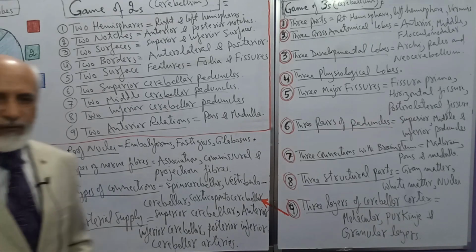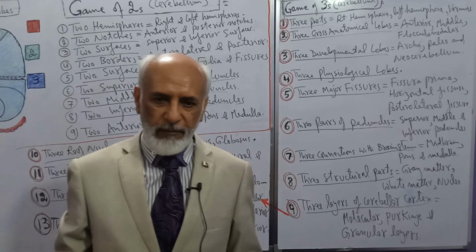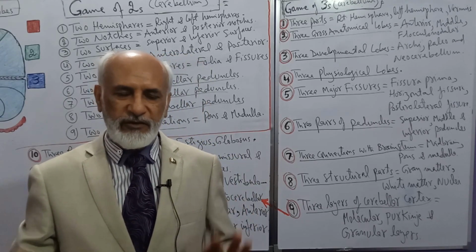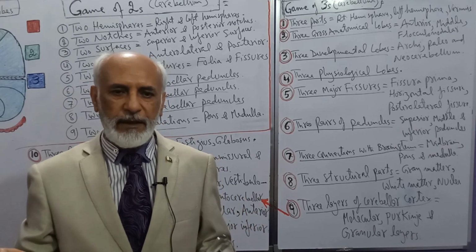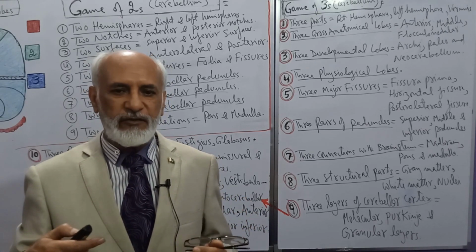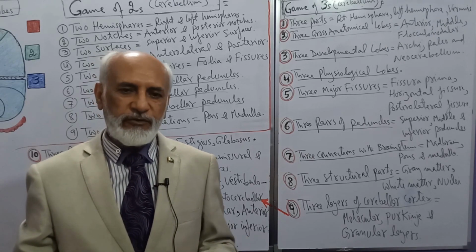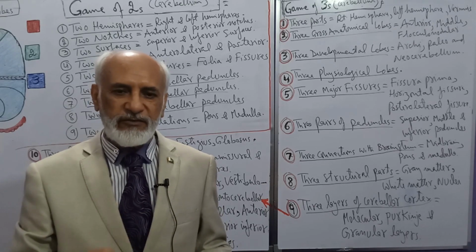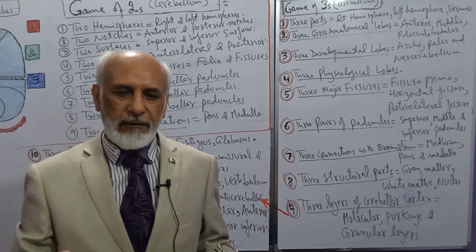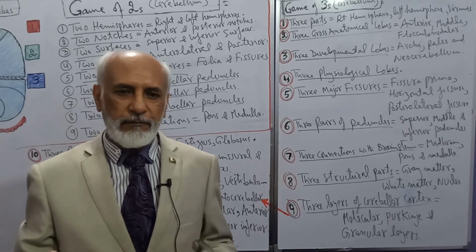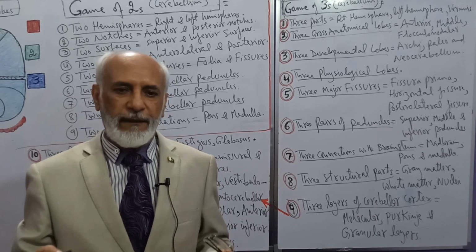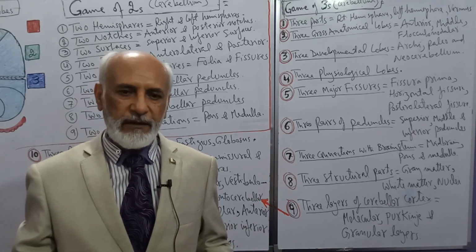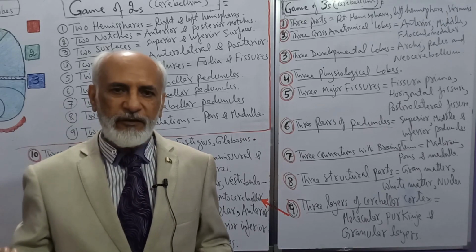So with this we finished with the external features of the cerebellum. That is, we finished with the brain. We discussed the external features of the forebrain, midbrain, and hindbrain. Next is the spinal cord. But before starting with the spinal cord, in the next lecture I will try to show all these external features of the brain with the help of brain specimen. And after finishing with the demonstration on brain specimen, we will start with the external features of the spinal cord.